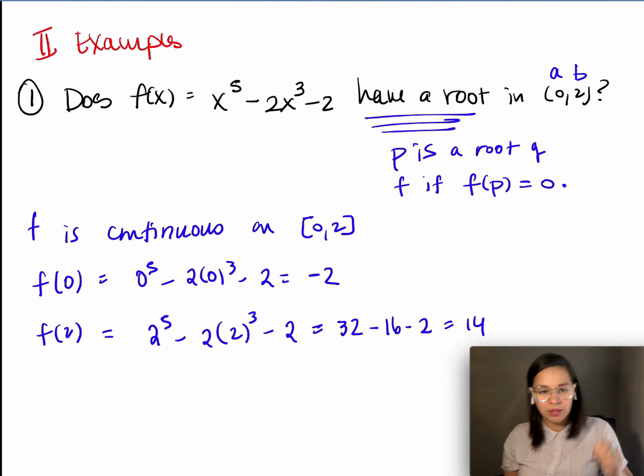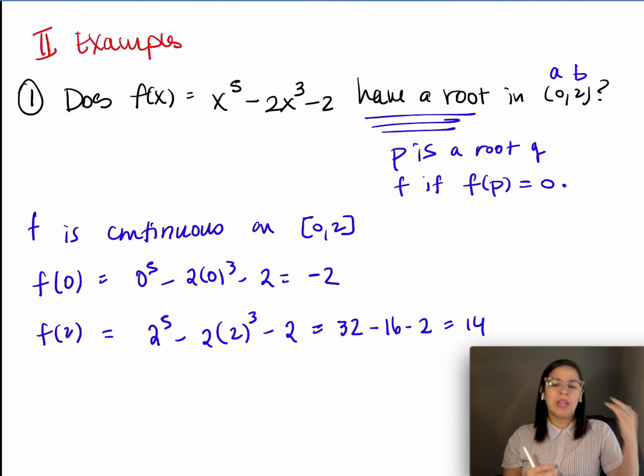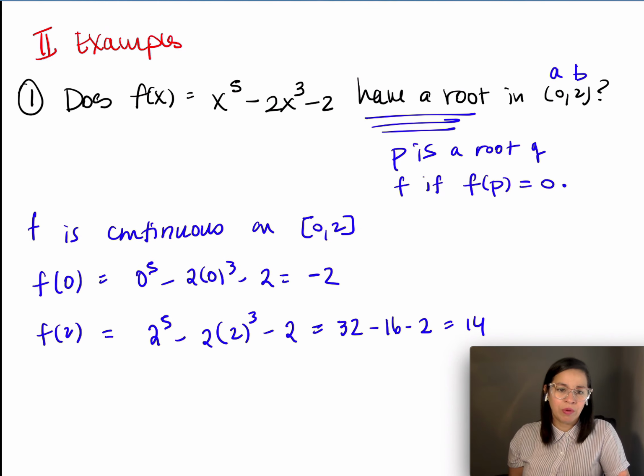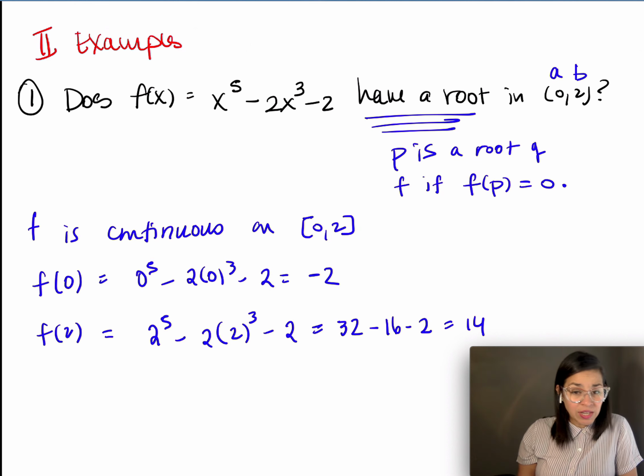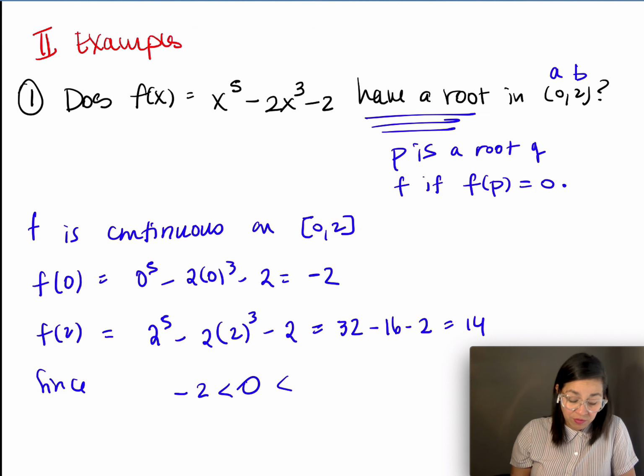I don't know how to add. Long story short, we got something negative, we got something positive. The only way you can go from negative to positive is by going through 0. Okay? So then I say, since 0 is in between -2, which is f(0), and 14, which is f(2),